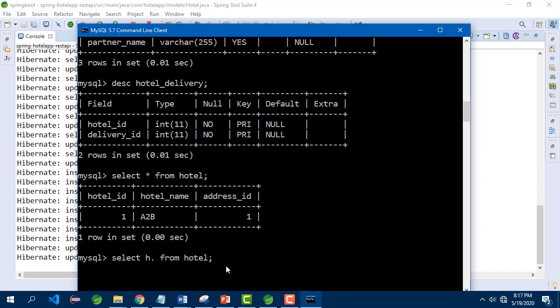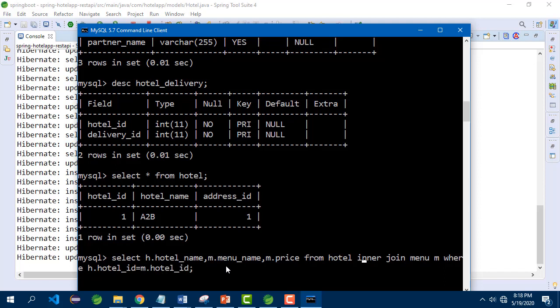Select h.hotel_name, comma, m.menu_name, comma, m.price from hotel h inner join menu m, where h.hotel_ID equal to m.hotel_ID.